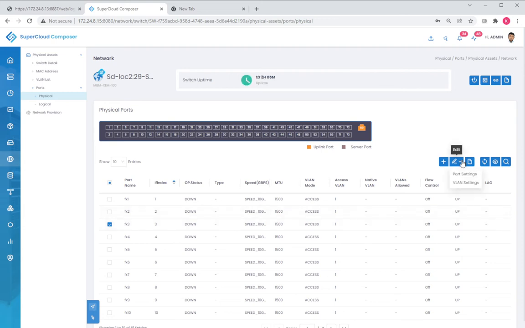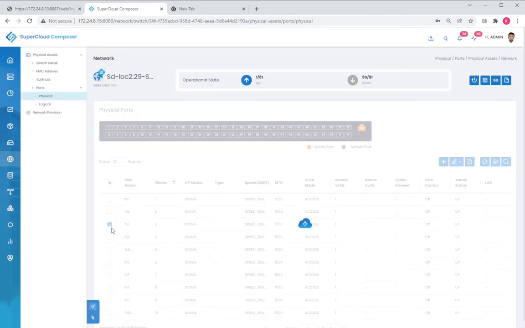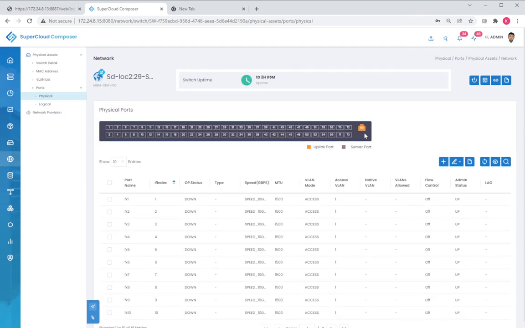And so by clicking on port settings, you can go ahead and shut down the port itself, or you can alter flow control or MTU size. So changing characteristics of the port are important to network administrators themselves. So we can also go ahead here and show you on the top here,